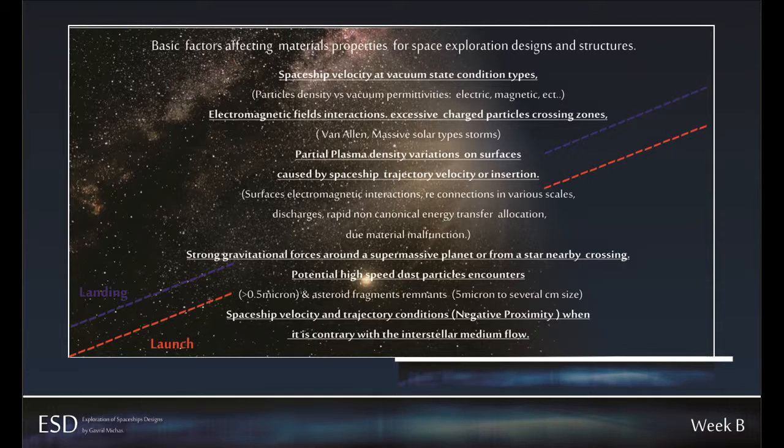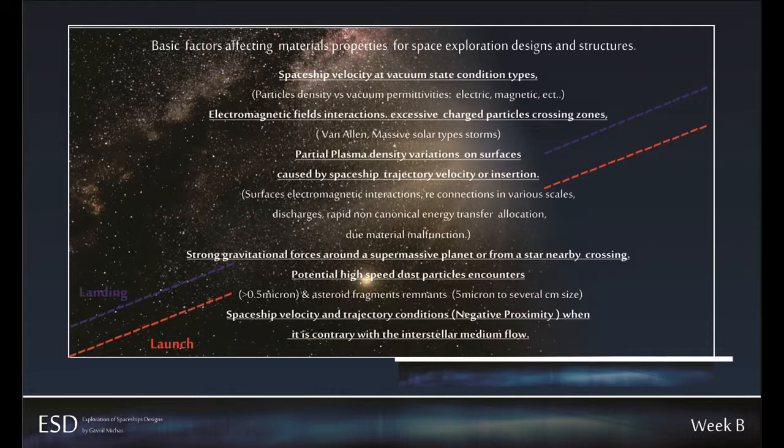Basic factors affecting materials properties for space exploration designs and structures. From low to high orbit and beyond, a spaceship structure can be affected by spaceship velocity at vacuum state condition types, particles density versus vacuum permittivities, electric, magnetic and so forth, electromagnetic fields interactions, excessive charged particles crossing zones, Van Allen, massive solar type storms, partial plasma density variations on surfaces caused by spaceship trajectory velocity or insertion, surfaces electromagnetic